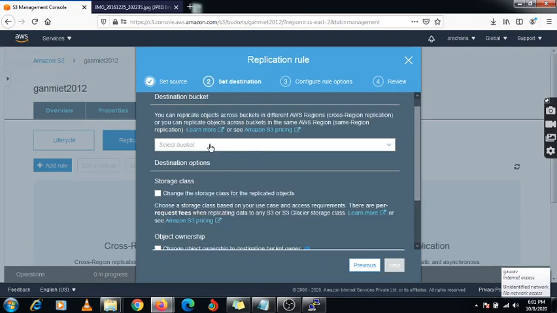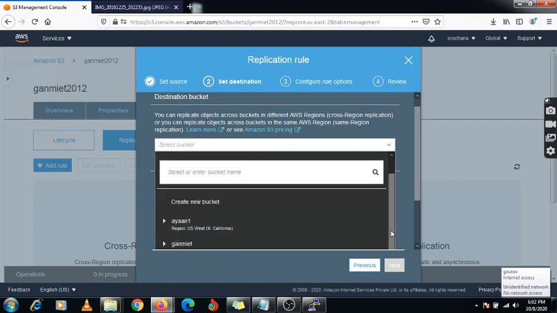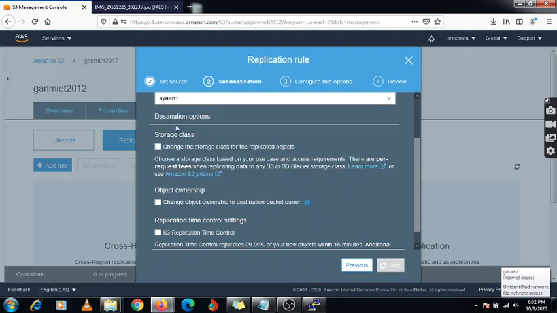Here is the option for destination. So what is my destination? ion 1 is my destination, right? Under this destination we can store our data.